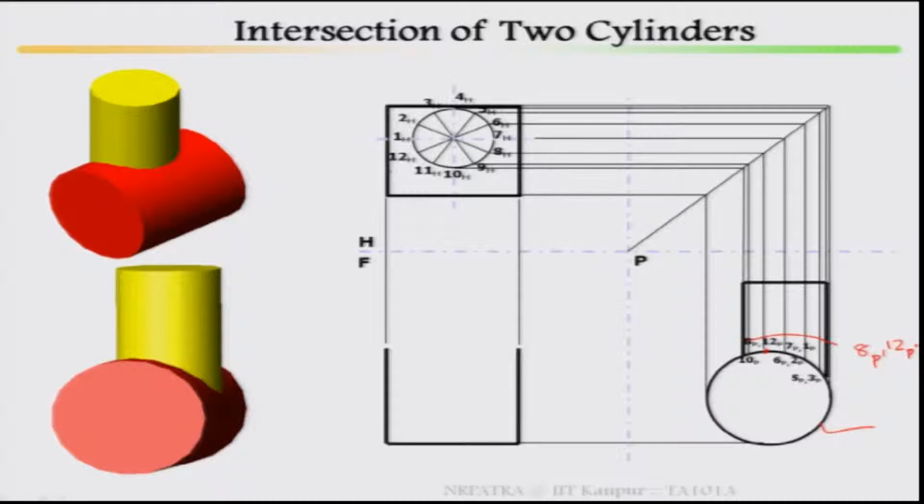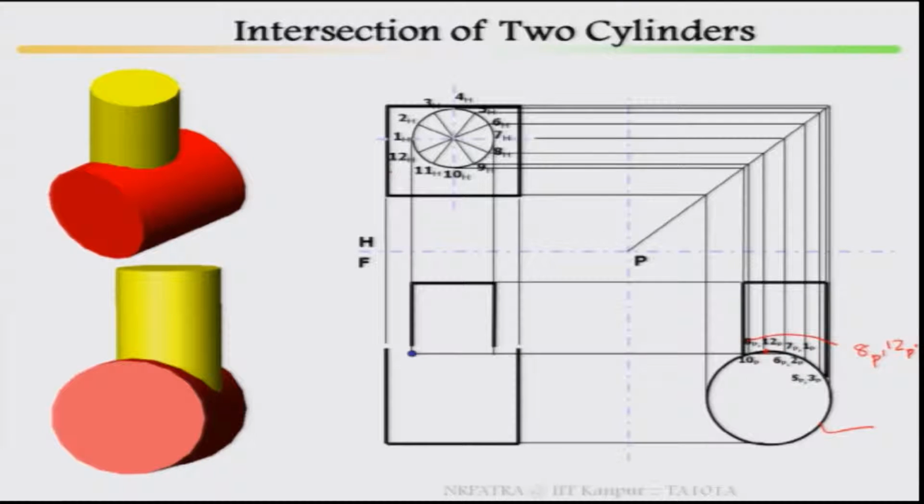Now, once it is over, from there project it back to your front view. How does your front view look here? Here is a point of intersection, one point here and one point here. You project both back here and here, and then you get the lines of projection. Then similarly, locate your 12th point, because this is the 12 point. 12 and 2 will be equidistant from here to here. So, this will be 12 and 2, we will see.